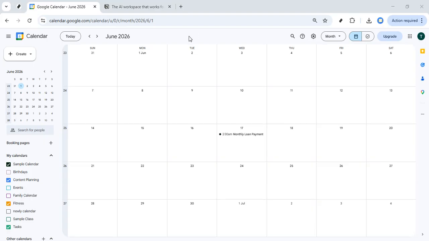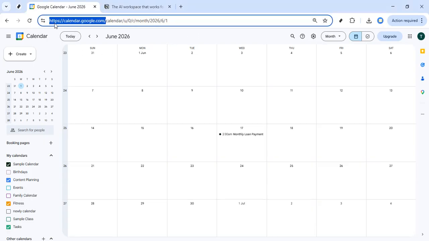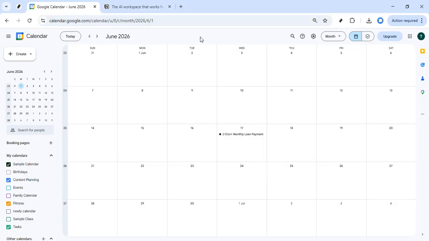First, open your web browser and go to calendar.google.com. Make sure you're signed in with the Google account that owns the calendar you want to embed. If you have multiple accounts, double check that you're on the correct one, since each account has its own set of calendars. Once the page loads, you should see your main Google Calendar view with your events laid out by